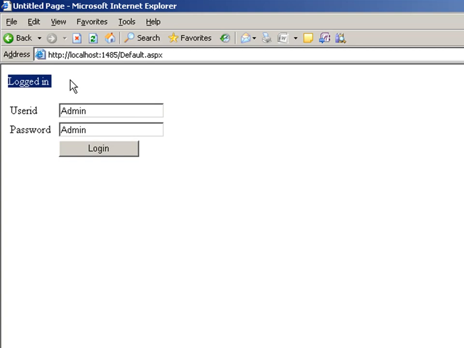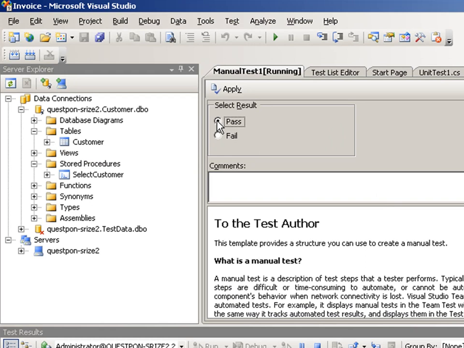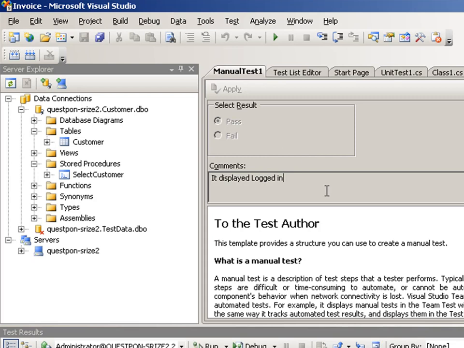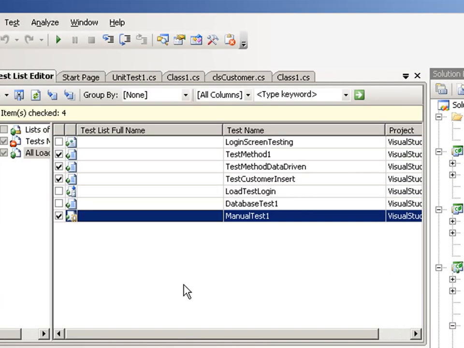Now what you do is go manually to your screen and do your manual testing. So let's go to the browser, go to favorites, and go to the login screen, and let me put admin and admin as per the manual test case, and say login. I can see that it ran successfully and the login is a success. So I'll go there and say this test case has passed,